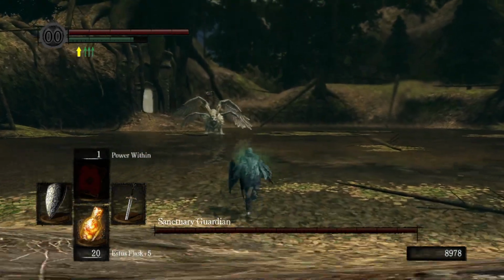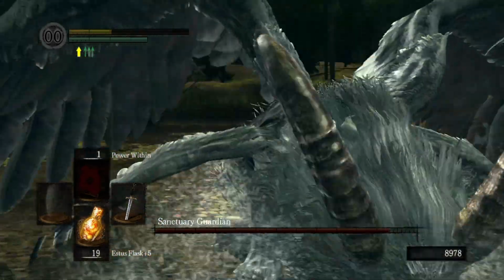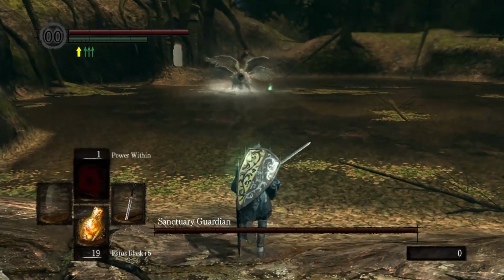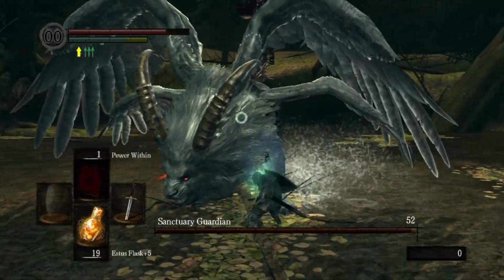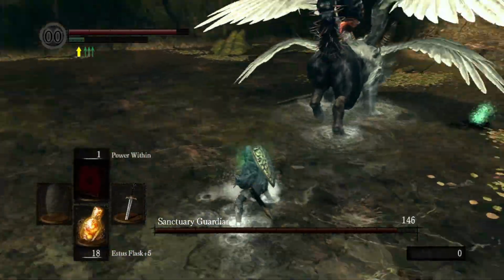Now back to the Guardian. Kills me another time, but with some patience, we kill it rather quickly. Obviously, power within didn't last the entire fight, but it did help to speed it up. Or at least it would have helped if I had used it, but to be honest, I didn't feel like